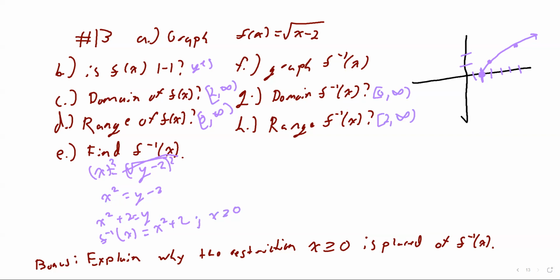If you look at the original function, since the range is going to be the domain of my inverse, that's going to limit me on whatever graph that I get. So since the range was 0 to infinity and my domain will be 0 to infinity, that's the only portion I would graph. Even though I know the domain is all real numbers in a quadratic, because of the range limitations on the original function, it limits the domain of my inverse. All right, so therefore when you graph this,